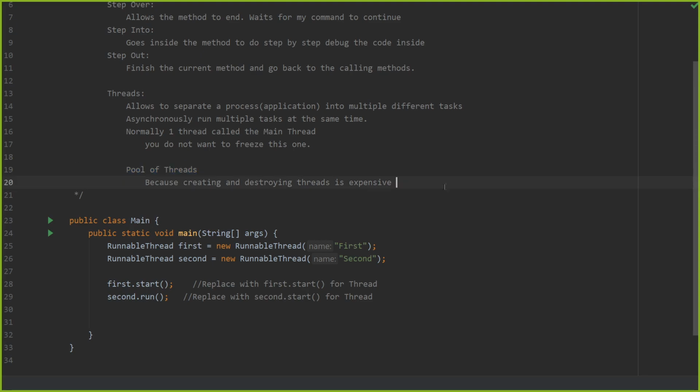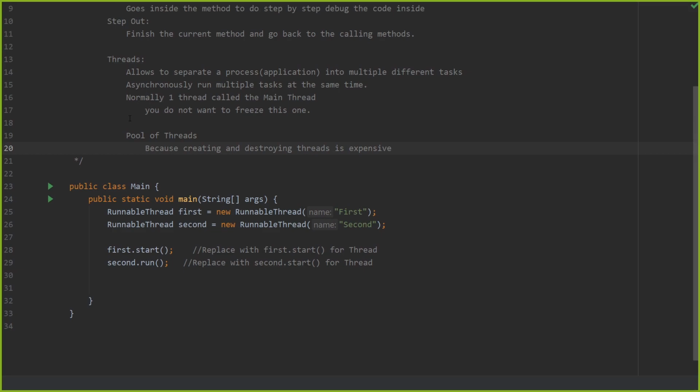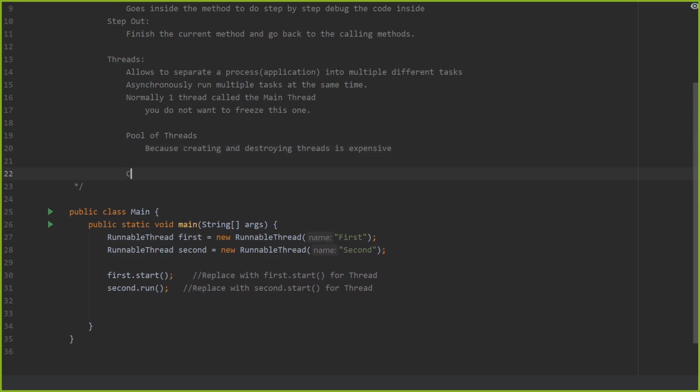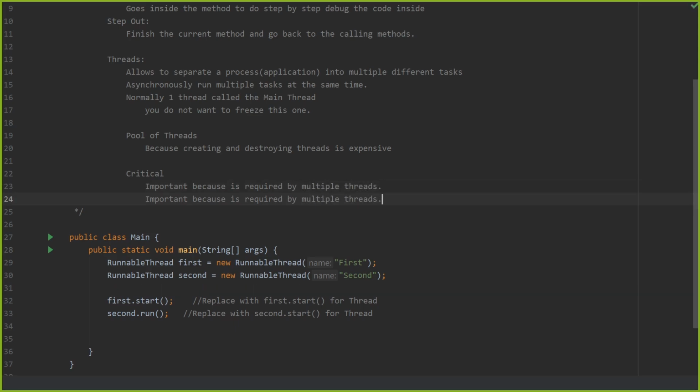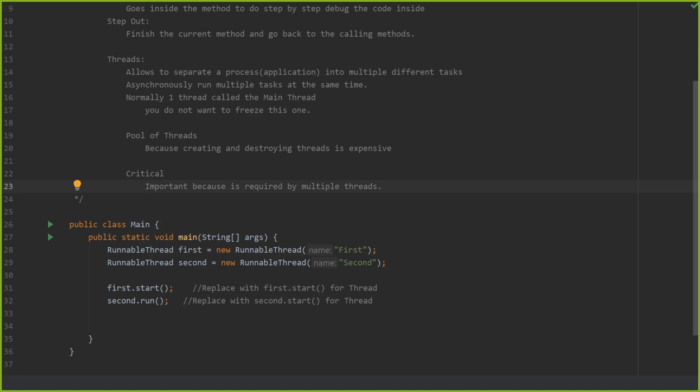Now, one last thing we're going to talk about with threads is there is something called a critical section, or a critical object, or a critical value, variable, whatever you want to call it. Something that is critical is important because it is required by multiple threads. So what I mean by this is, a good example would be,